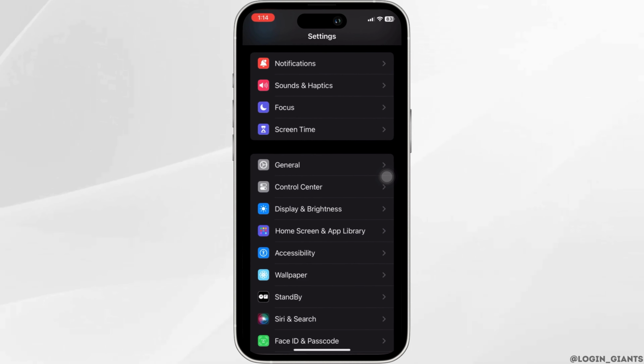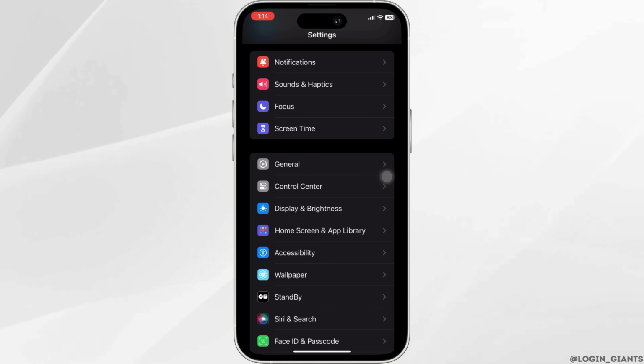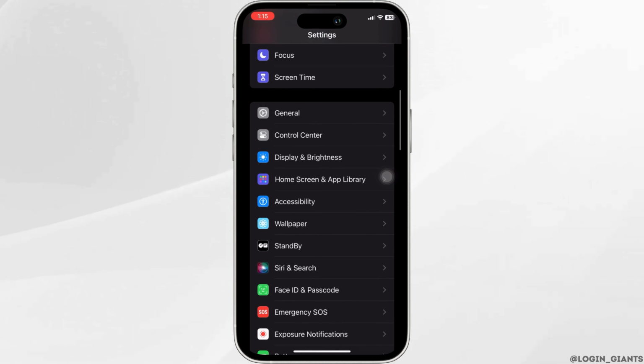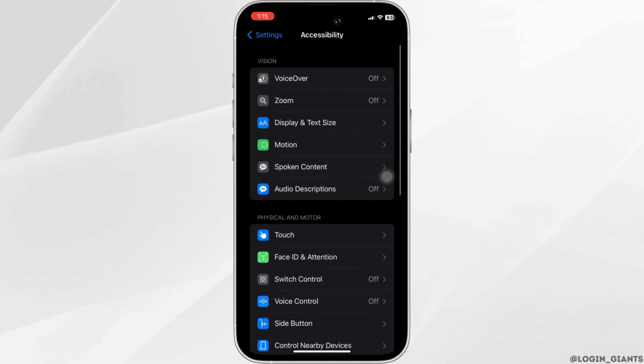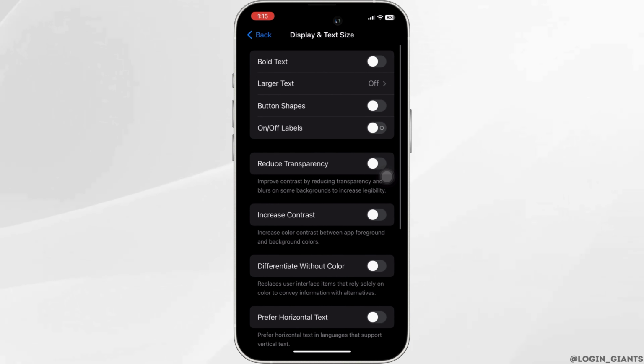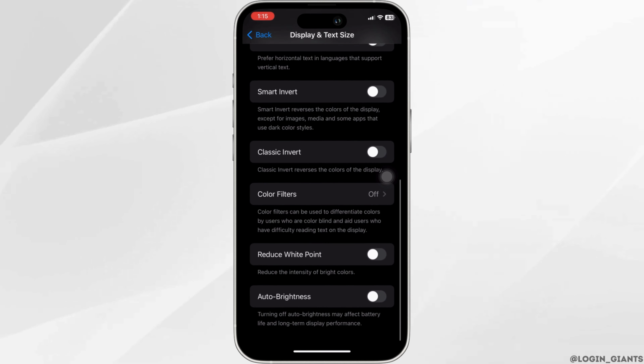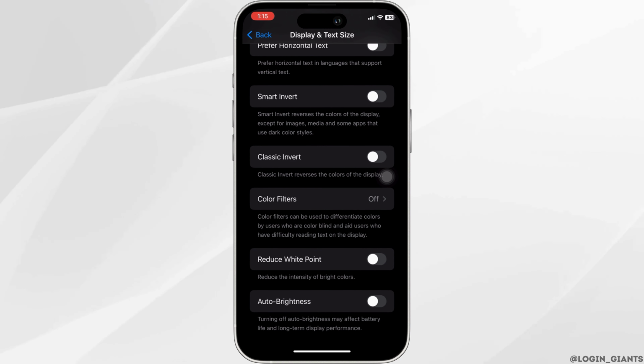First up, we go to Settings and search for the Accessibility option, which you can find down there as you can see on the screen. Click on Accessibility and then look for Display and Text Size. Here you need to scroll a little down, and you will see an auto brightness option at the end,